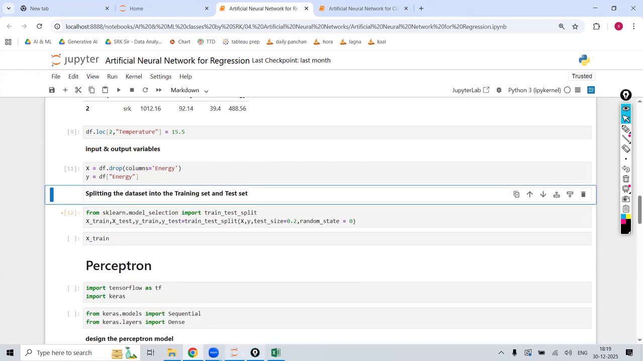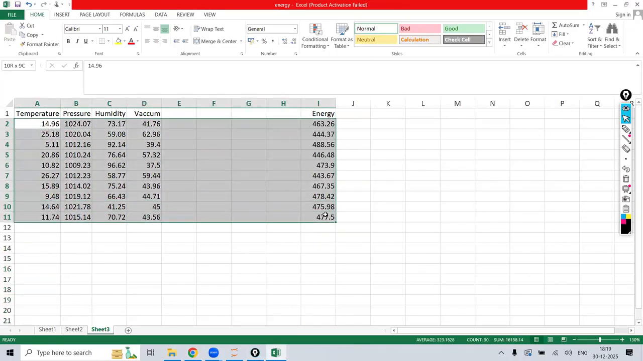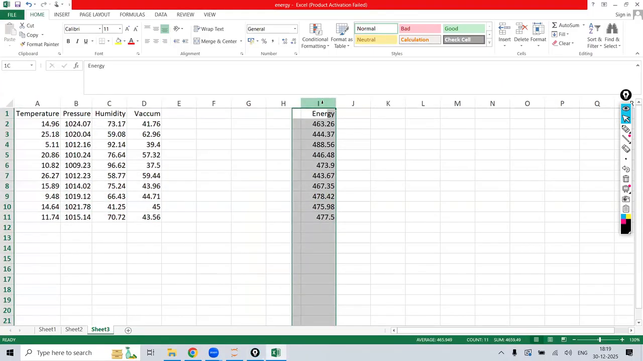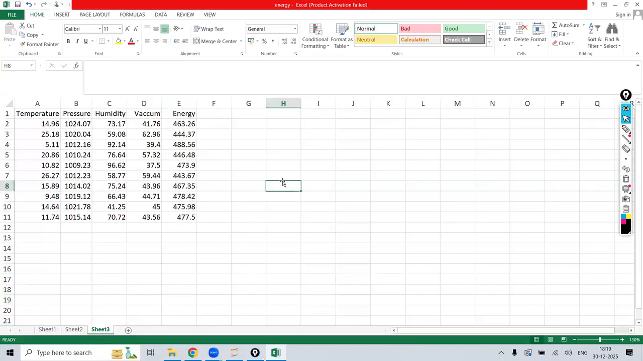Next, after this, now total how many records are there? 10 records are there. Now, in these 10 records, one is output and the rest are input. We are trying to split, everyone has understood, right? Sorry, separating the input and output variables. After separating the input and output variables,